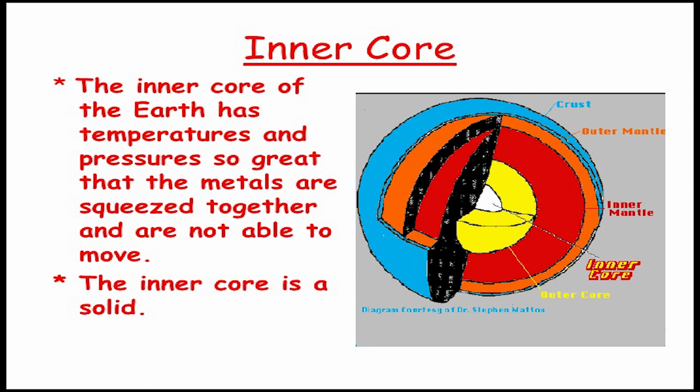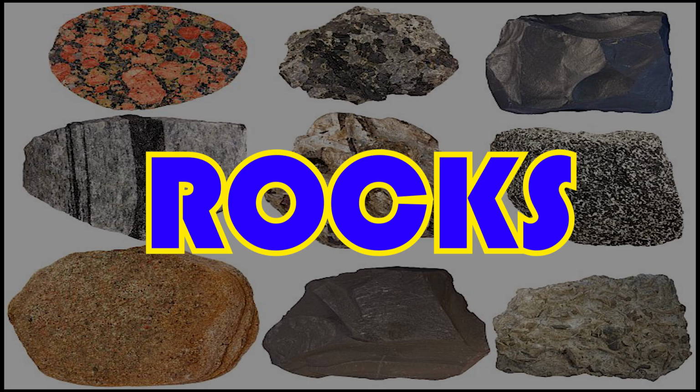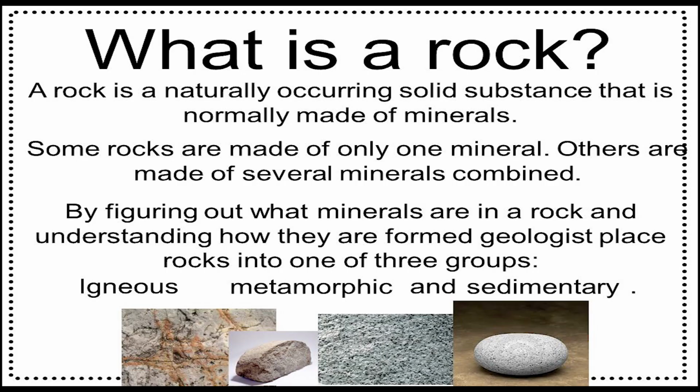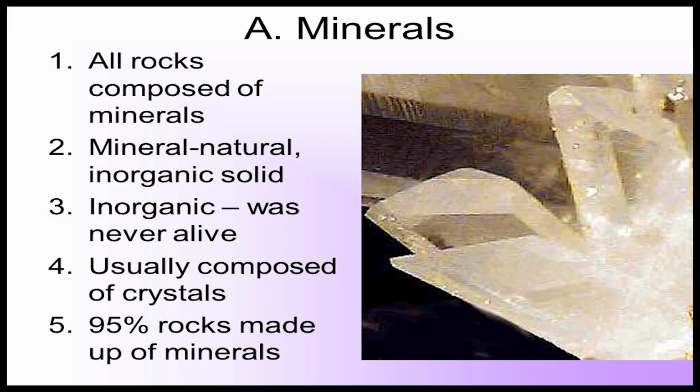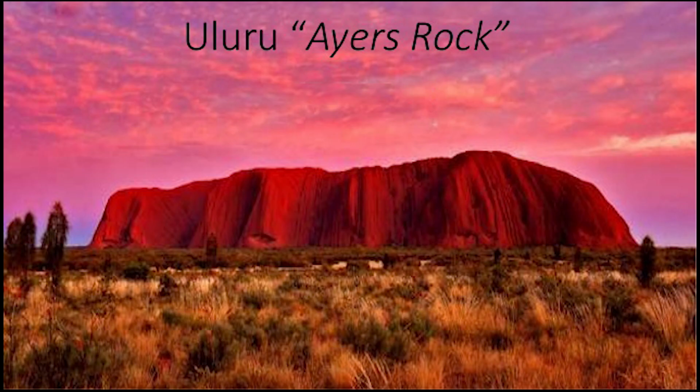Now, let us see the another topic, that is rocks. What is a rock? A rock is any naturally occurring solid mass or aggregate of minerals or mineraloid matter. It is categorized by the minerals included, its chemical composition, and the way in which it is formed. Rocks make up the Earth's crust. They can be very large, like Ayers Rock or Uluru in Australia. They can also be very tiny. The tiniest bits of rocks make up soil and sand.